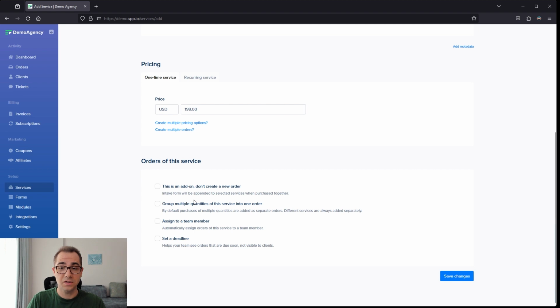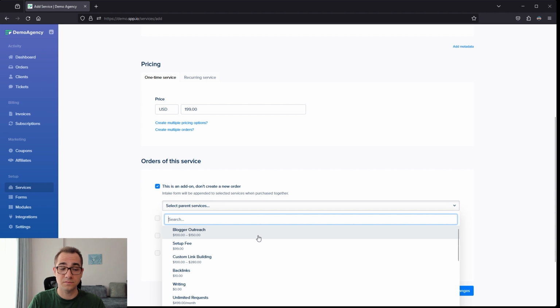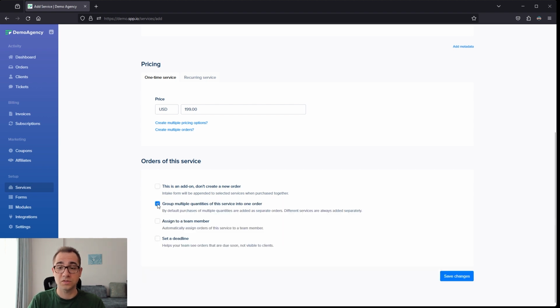Setting up a service as an add-on allows you to tie it to another parent service, so the client has to purchase the parent service in order to purchase this one. No order is created for this service as it gets bundled into the parent service's order directly. Grouping together multiple quantities of a service means, let's say a customer buys 3 of the service, all 3 would get grouped together into a single order for you to work on instead of creating 3 separate